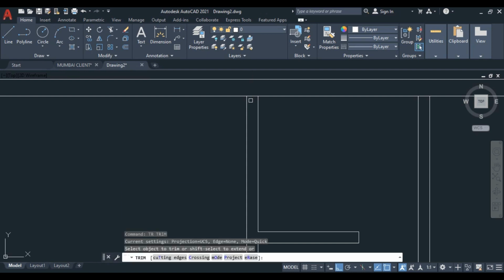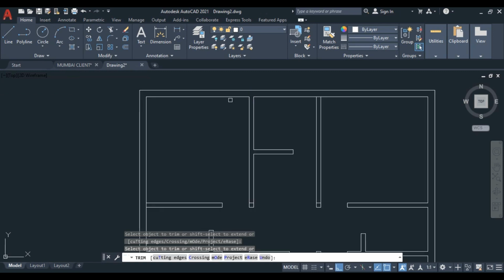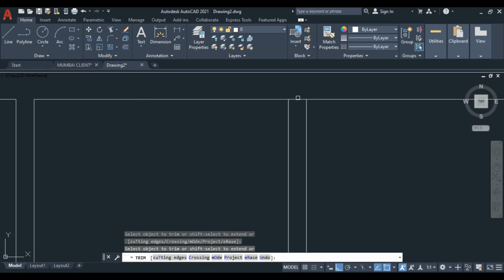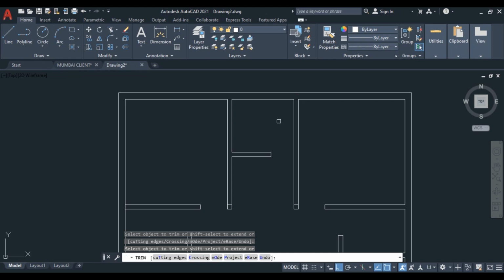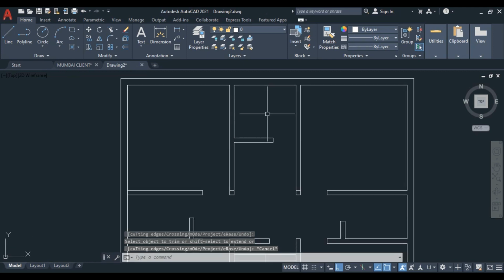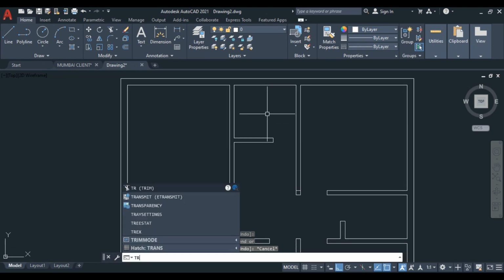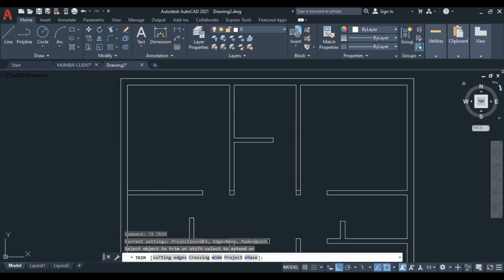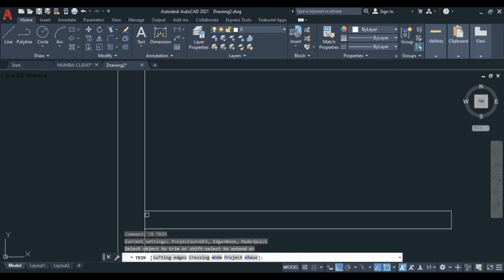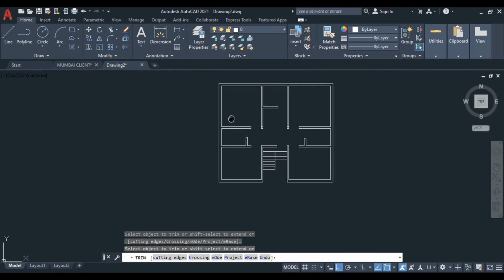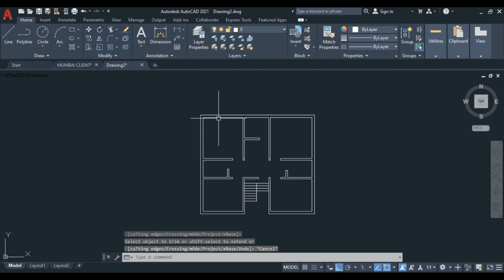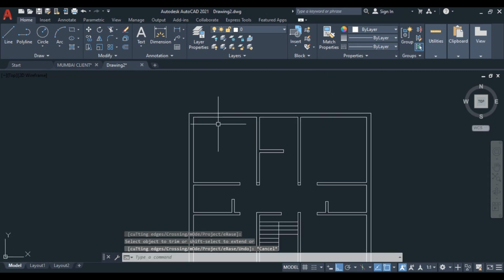So trim this extra portion, so you will get the midline, because we are going to draw the window at the midline of our wall. Okay, so this is our bedroom.